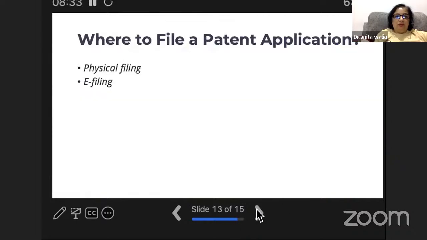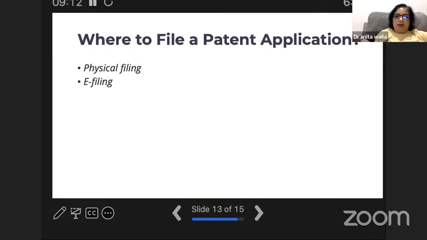Then where to file, as I said, you can physically go to these 4 metro towns, Chennai, Delhi, Mumbai, and Kolkata, and you can file with an attorney over there, physically. So it depends on which particular city you will file. If you are residing in the south, you can go to Chennai. But if you're residing in Delhi and Haryana and those places, you have to go there. So you will have all the details on the website. You can just find out the city in which you reside and which jurisdiction it falls under.